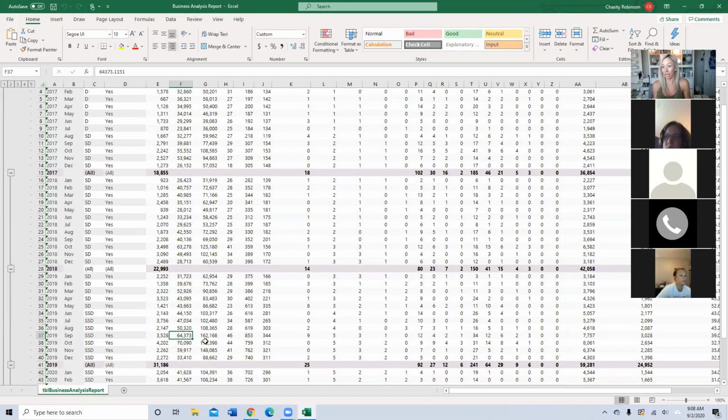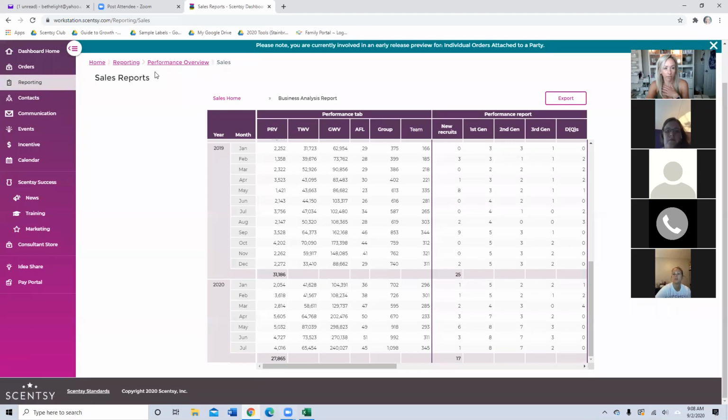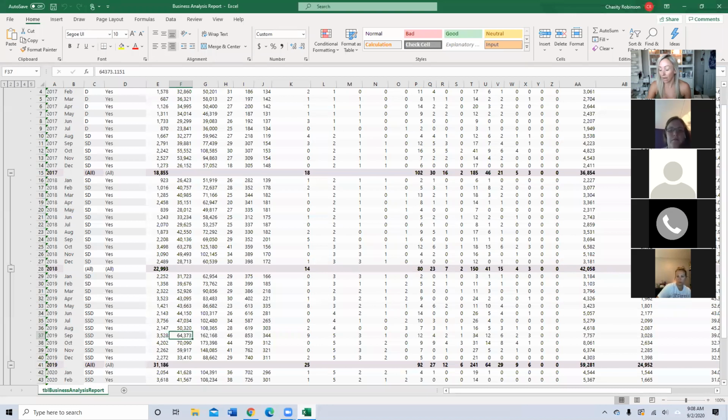So even though I do really want super strong TWV, I also want to be building directors. And once you build directors, that TWV is going to go into GWV. So for me, what I'm going to do is look at what my TWV was for last month, which I already know. It was like 74 something. I'm still going to set my TWV goal to be 80,000, but that's because I always want to have a